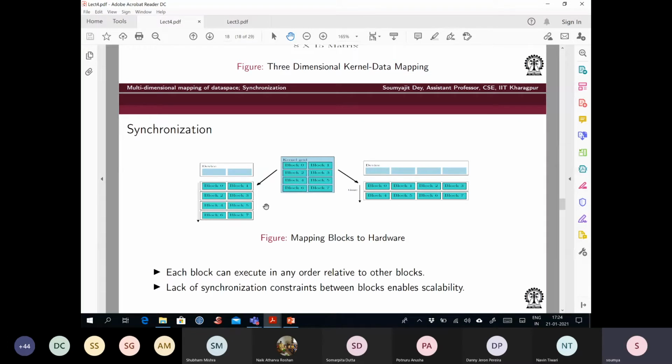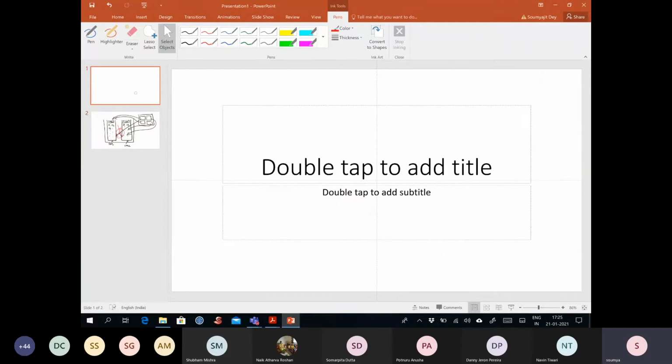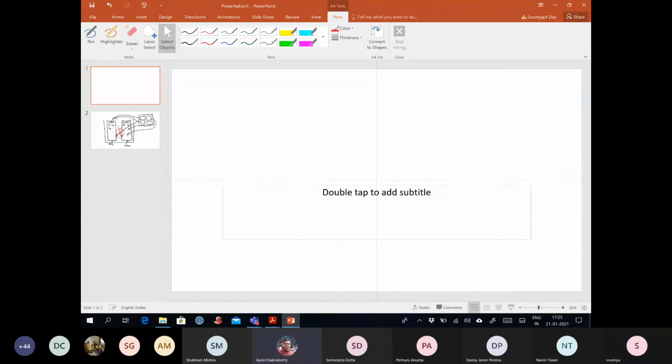So the design has been such that there is no synchronization you can really do across blocks. Can I not do any synchronization across blocks? Well, I can. I can do it through memory, but then that will be global memory. Is this comment understood, that I can synchronize across blocks, but that has to be through global memory? Hello? So can you explain how it will happen?